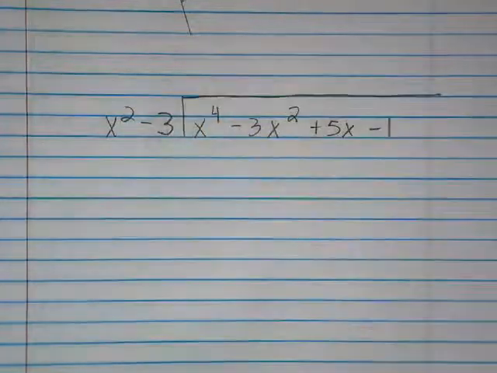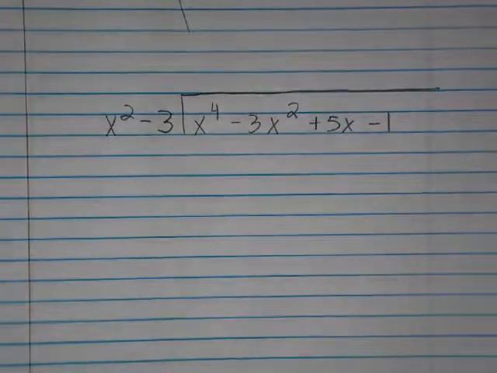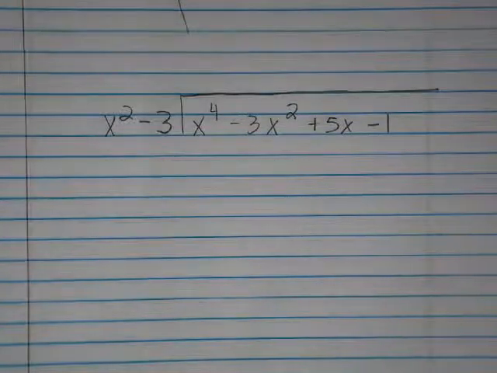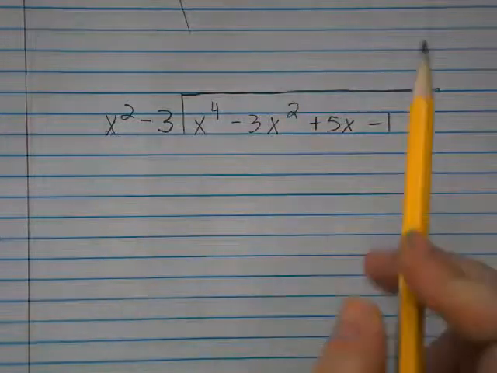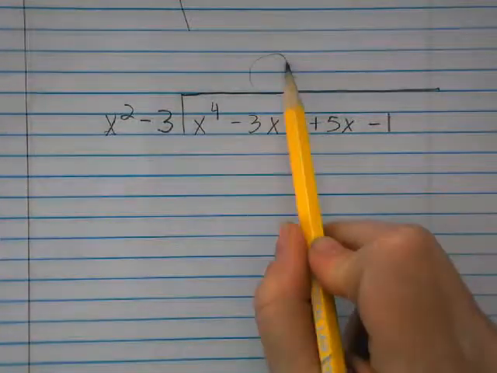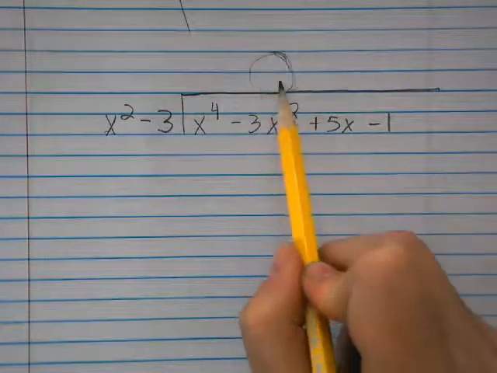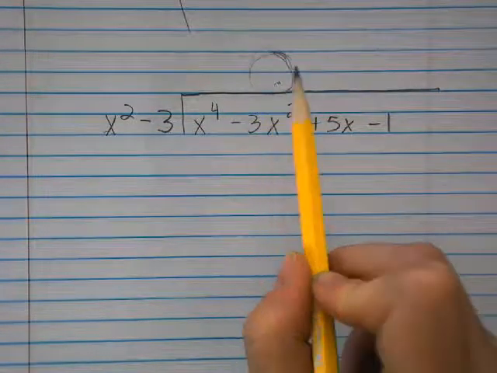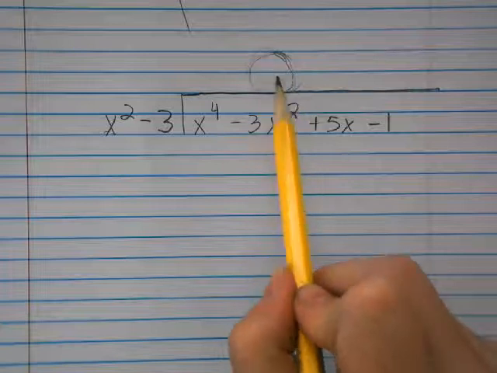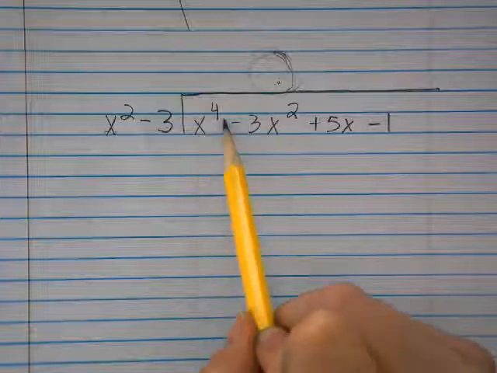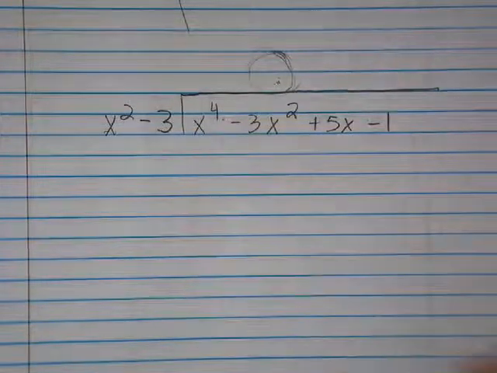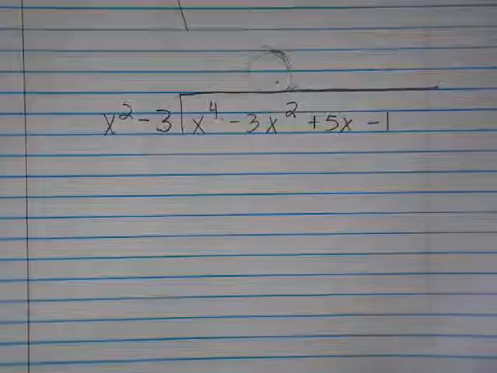Okay, and this question is actually asking for the remainder, so keep that in mind when you're coming up with your answer. So here, let's take a look. Here we have 2 terms, so we know we're going to put our first quotient above the second term, and we want a term that if we multiply by x squared, we get x to the 4th, just like normal long division. In fact, some of you might kill me, but let's do a normal long division problem. Okay, let's do 9 into